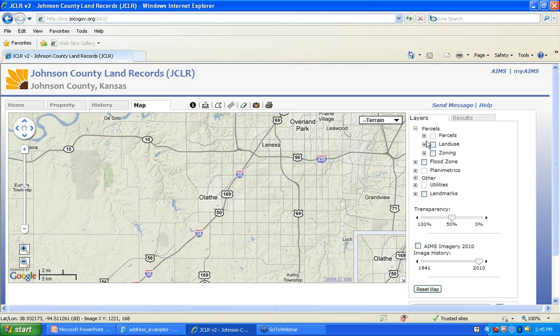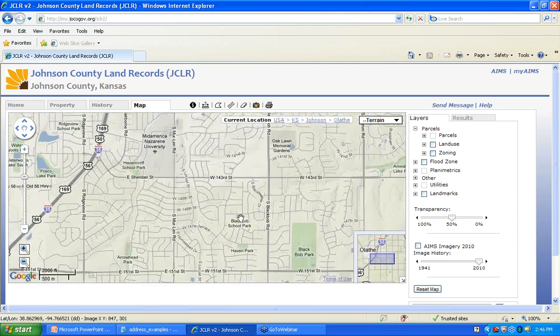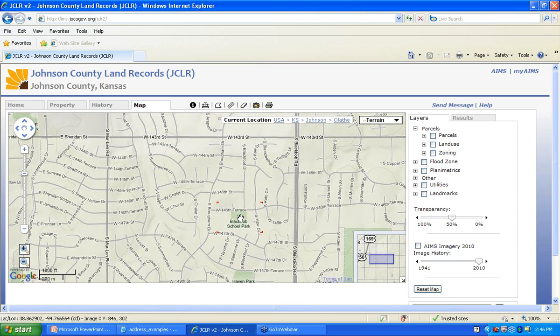that you would then add your layers to. And one thing you'll notice over here when I am zoomed all the way out is that some of these layers are scale dependent, meaning that you don't have the option to turn on parcels, planimetrics, or utilities when you're at full county extent. So you'd have to zoom in, and as you zoom in farther, you'll notice that they become available. So at a specific scale, you'll have the option to turn them